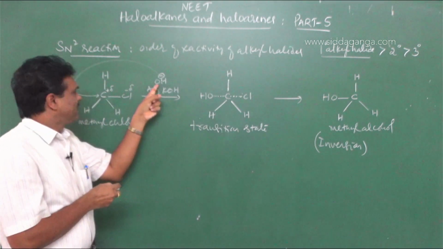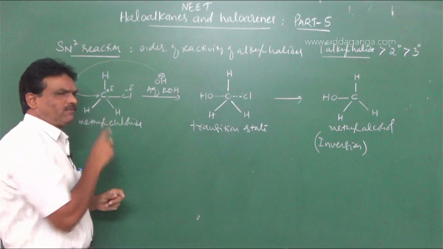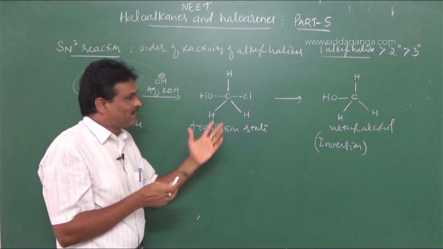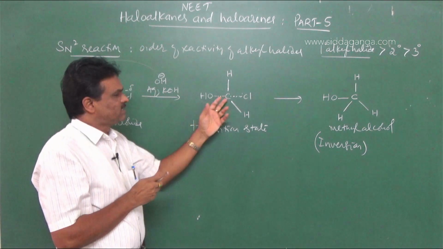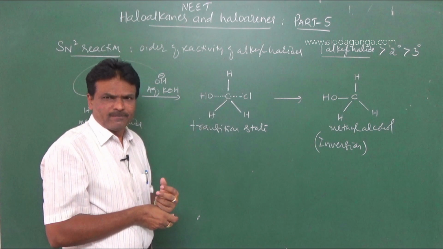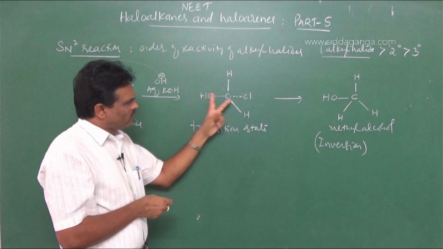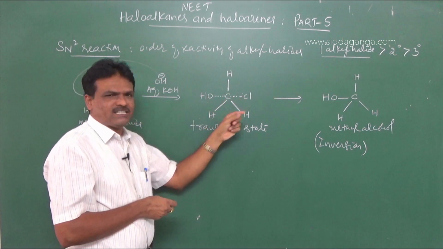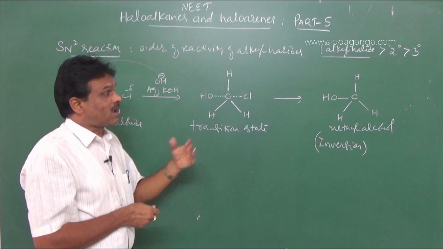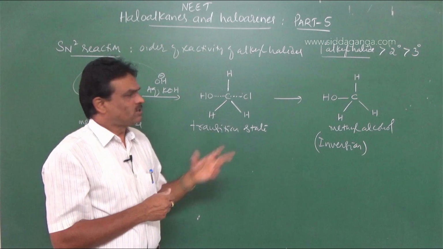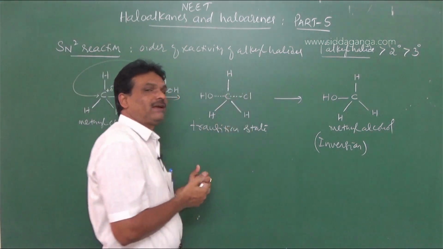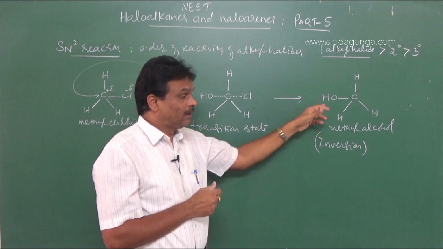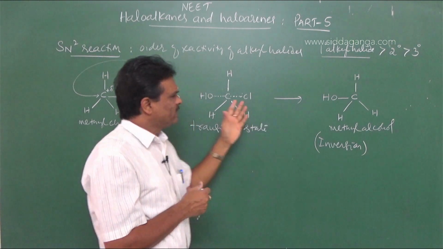Nucleophilic attack can take place from the side opposite to that of the halogen. As a result, the formation of a new C-OH bond and the breaking of the C-Cl bond occur simultaneously. So a transition state is obtained. In this transition state, both OH and Cl are partially bonded with carbon, but among the C-OH and C-Cl bonds, the C-OH bond becomes stronger than the C-Cl bond. So chlorine is completely detached from carbon to form methyl alcohol, or the respective alkyl alcohols. So it is a one-step mechanism.